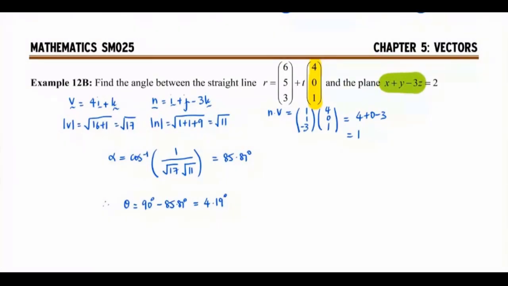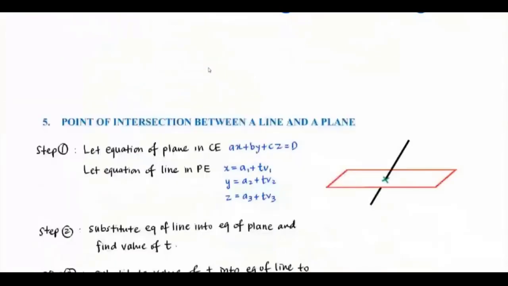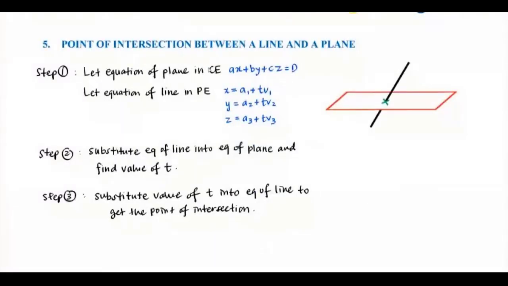So the last part where we have it, find the point of intersection line dan juga plane. Okay, so untuk dapatkan intersection, I wrote some steps for you. Okay, ni salin dulu. So we have 3 steps. Starting mesti tulis dahulu equation of plane kamu adalah in term of Cartesian. Ini ada equation of plane, and the equation of line in parametric. Okay, so we have it. This one will be x